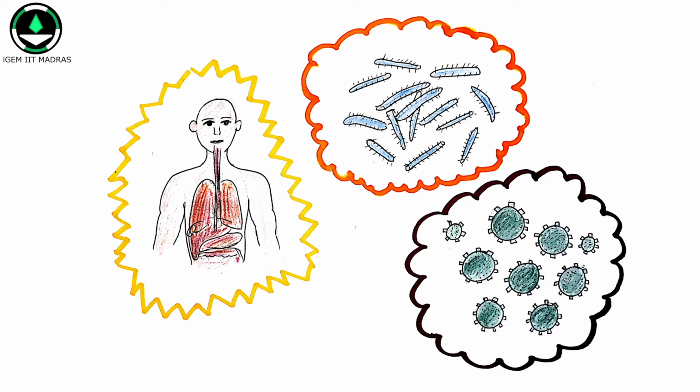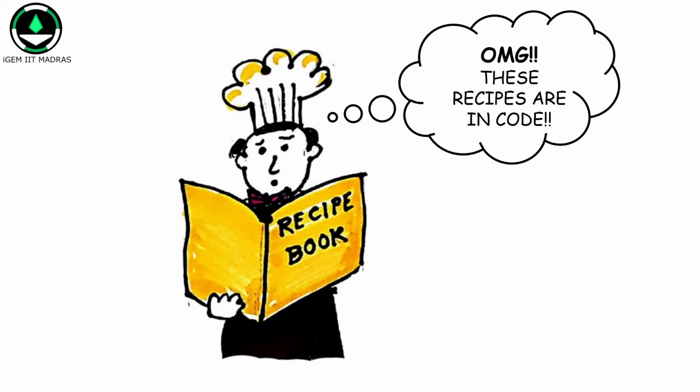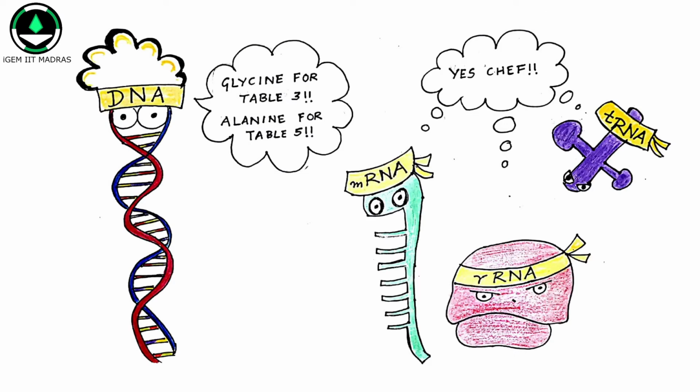To summarize all this, think of a cell to be a restaurant and the DNA in your cell to be like a recipe book, but in an obscure language that no one can read, with each gene to be a different recipe. First, it needs to be translated into a language the chef knows. This is the RNA's role. Then, the ribosome, acting as a chef, reads the recipe and cooks the dish, here the protein, from its ingredients, that is, the amino acids.